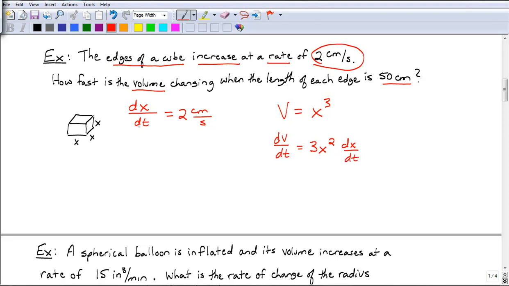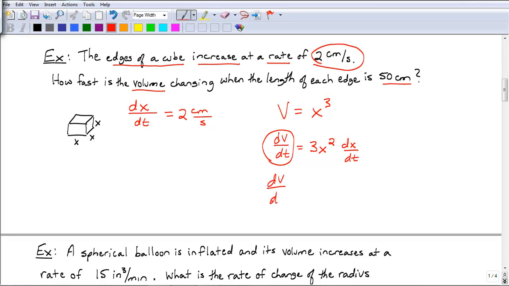And that's the dx dt we found over here when we identified that 2 centimeters per second. Notice it's positive because it's getting bigger. Well, we want to know how fast the volume is changing, so this is what we want to solve for. The change in volume over time. That's the rate the volume changes. The dx over dt is the change in side length with respect to time, and that's the 2 here. So to get our answer, we get